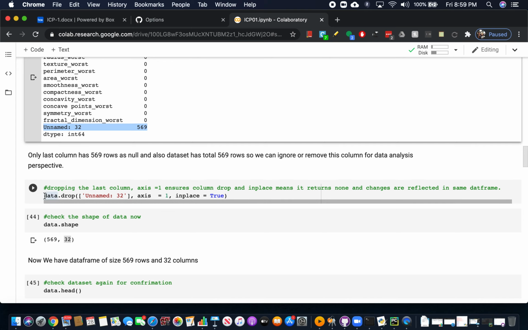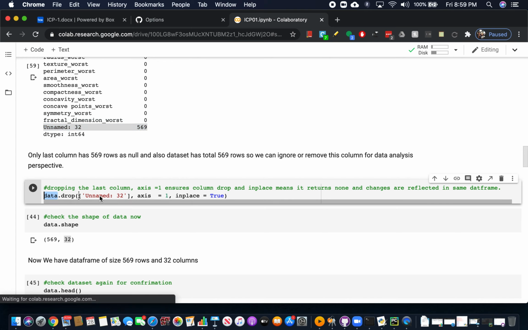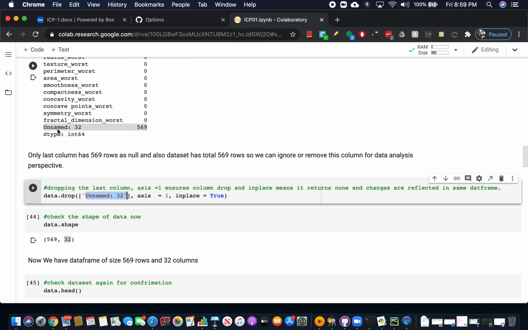Here is the command which I have given: we are going to drop the column named Unnamed: 32, which is coming up here, and axis=1 is for column, and inplace=True means it will remove the column from the data frame itself and change the data frame itself. So we are not going to save into another data frame here. I run it here,